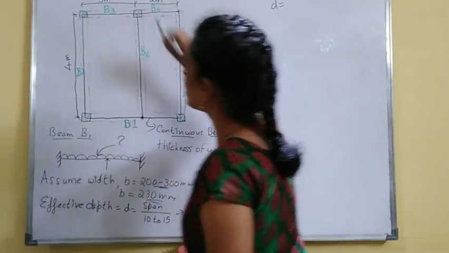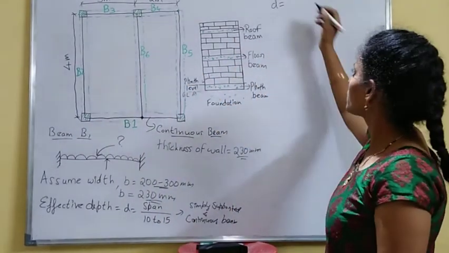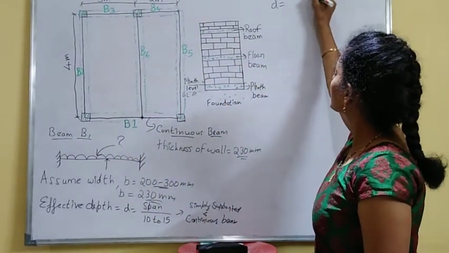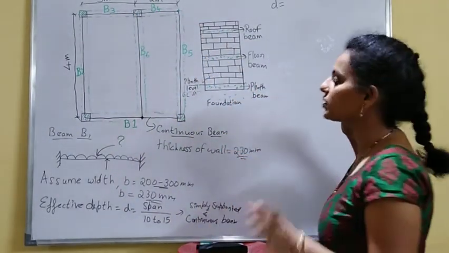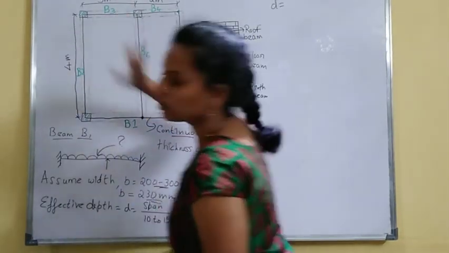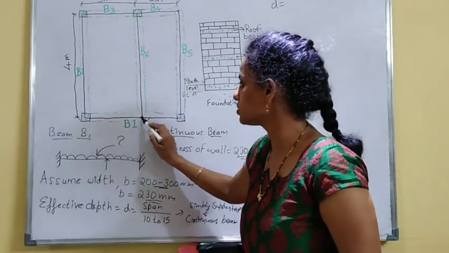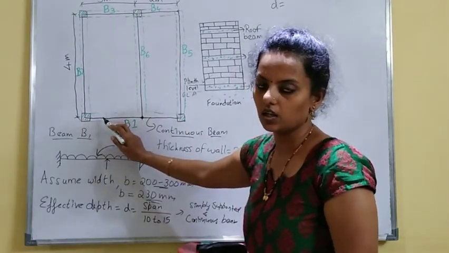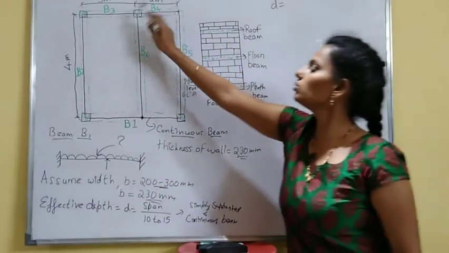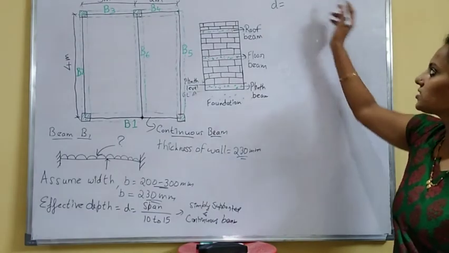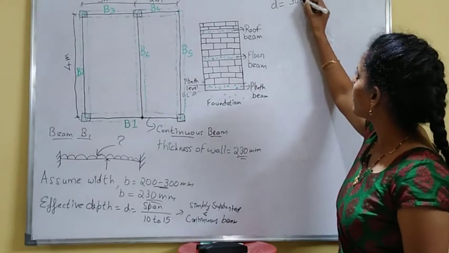Suppose there is a large variation between the spans. Here it is 3 meter and 2 meter, so you can take the length as 3 meter. Suppose it is 4 and 2 or 5 and 2, with a large difference between the spans, then you find the section separately for each portion. From this junction to this junction you put a different beam size, and for this one also a different size. Suppose the span is too lengthy. Otherwise you can directly take the bigger span value, that is 3000 mm.